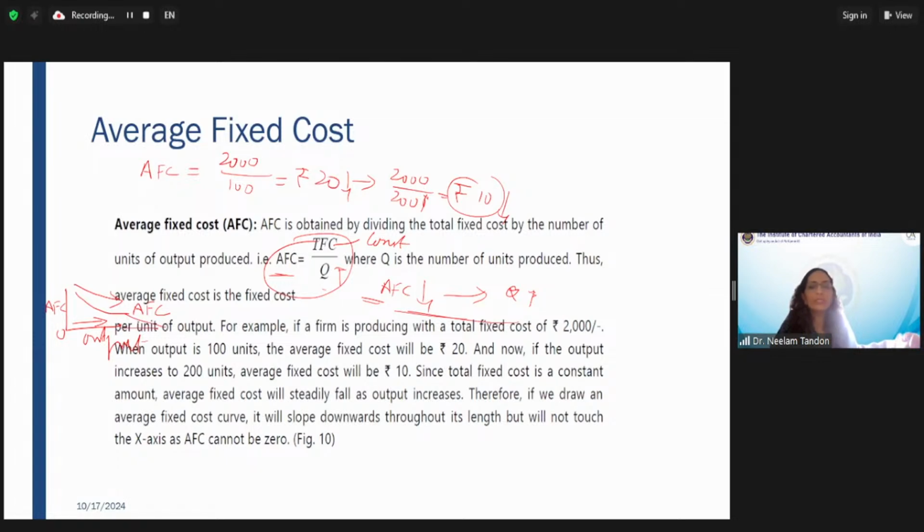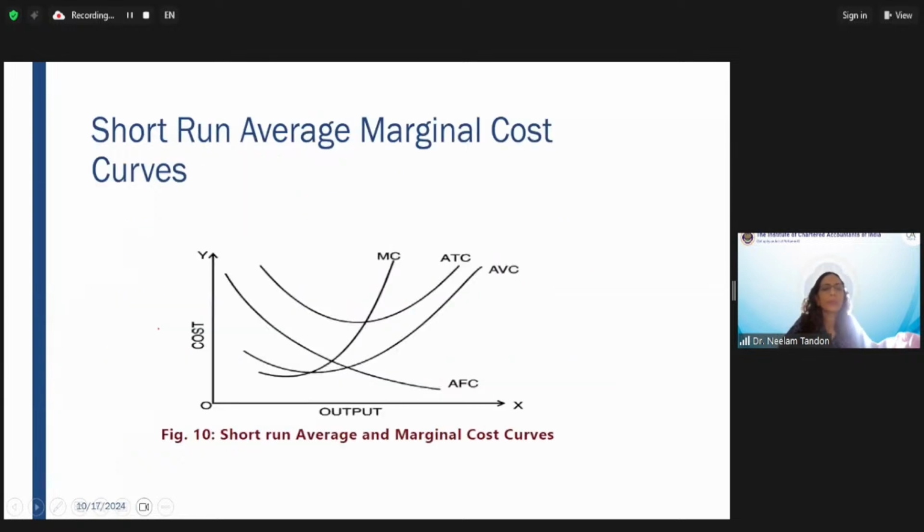Why will AFC never touch the x-axis? Because this 2,000 will always be there, isn't it? You may go for increasing output, but the numerator value will always be there. And that is why this is not going to touch the x-axis. Now, till now we had discussed total fixed cost, total variable cost and total cost. Now we are talking about